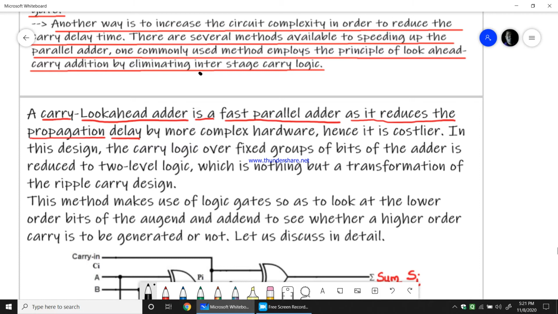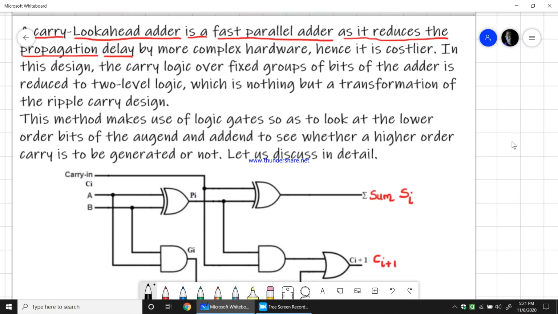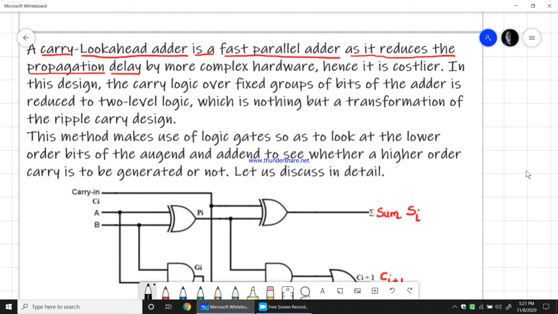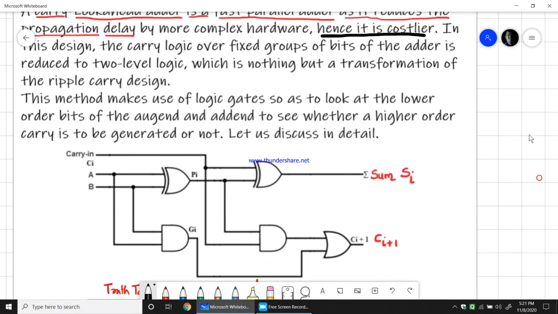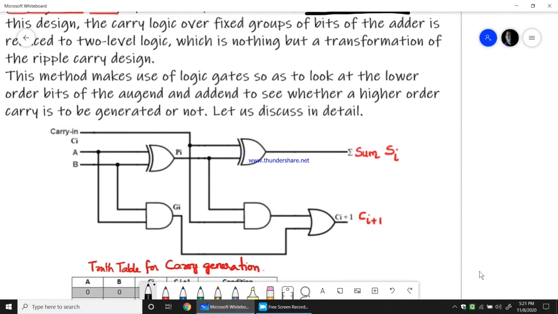So for that, let us look into the concept of the adders before that. But the problem in carry look ahead adder is it is quite costlier. Okay, it is costlier to design a look ahead adder rather than designing a parallel adder. But anyway, if the system needs the delay to be reduced, then definitely we go with carry look ahead adder to have some good accuracy and speed for the circuit. Okay, that is what we need to know. That is what we need always in any machines.